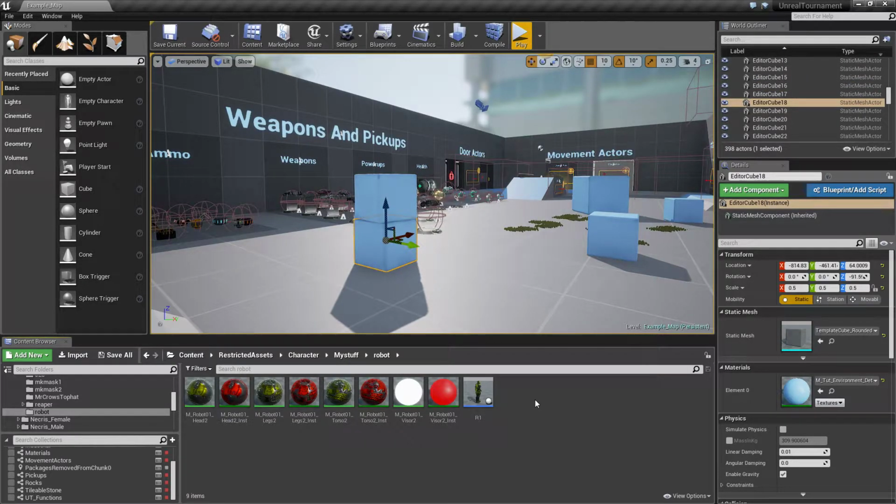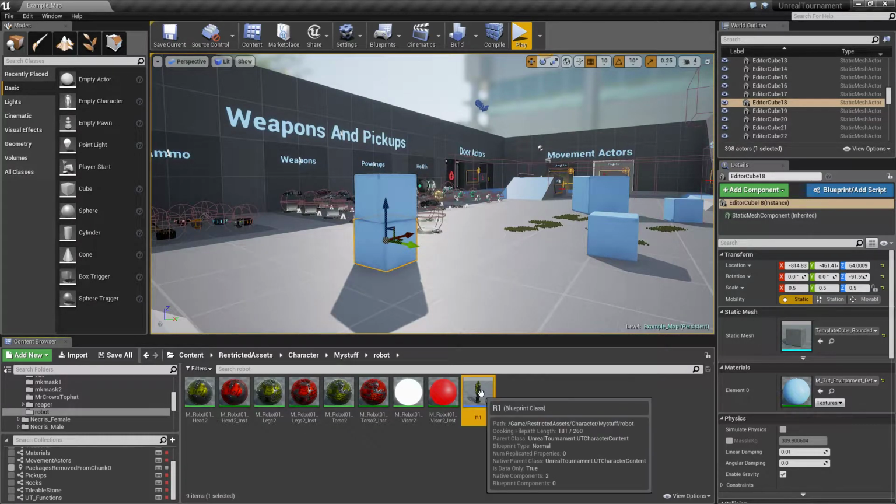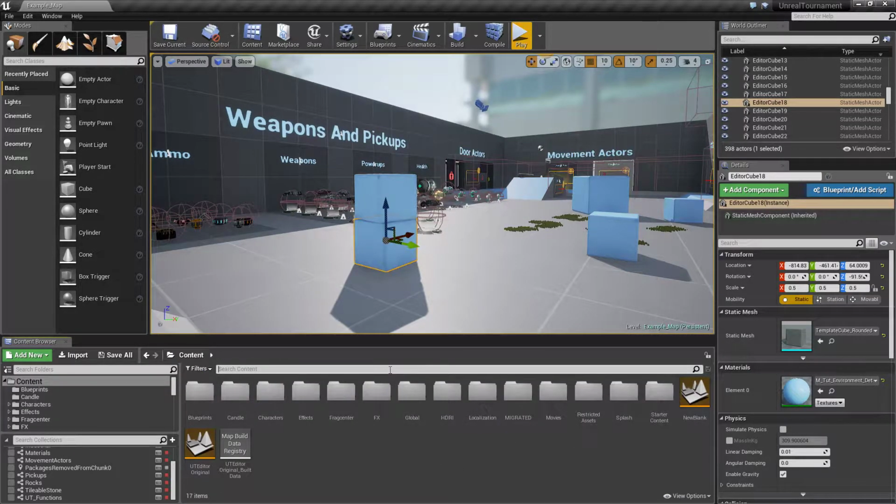Hello again. Today we're going to go over how to have a bot use your custom skin or character that you've made for Unreal Tournament. Today I need a bot to use my robot skin. So first thing we're going to do is go find a bot and copy it from what has already been